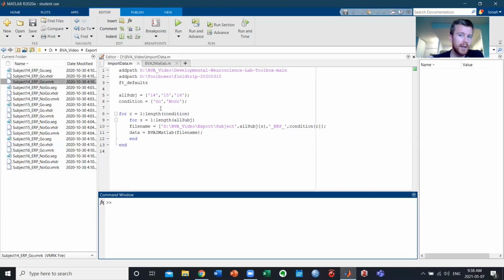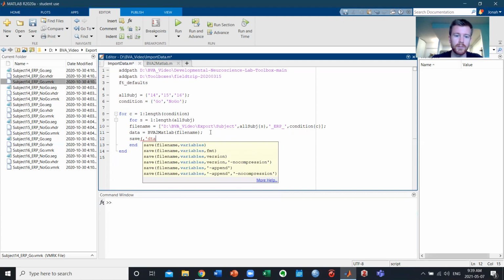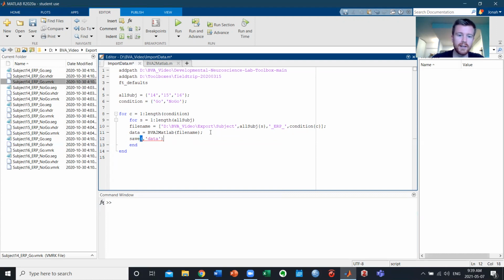So I can go ahead and do that now, but the other thing you're going to want to do is save it every time. So instead of just rewriting the data structure, you're going to want to save it every time. So I'm going to go in here and just use the save function. The second thing we're going to want to be saving is that data right here. And the first is going to be whatever name we want to give it. So I'm going to call it